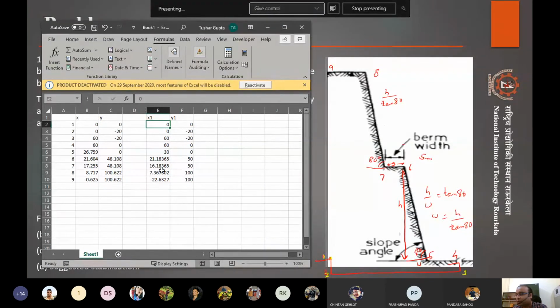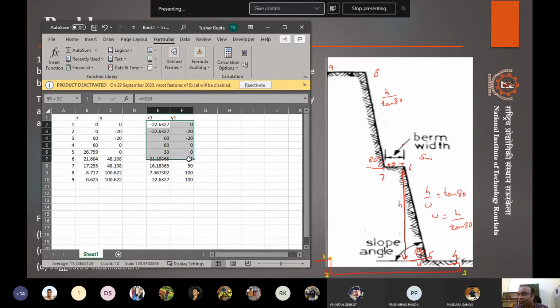So we have to move points 1 and 2 to these locations. We move these points to minus 22 and these points to minus 22. So the 9, 1 and 2 points are done with the same x, right? And all the other points are defined in that way. So we have new x and y values.